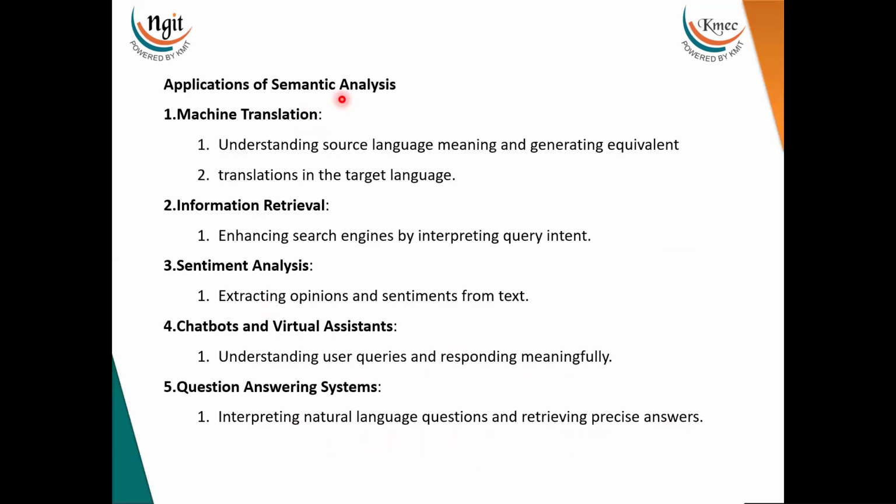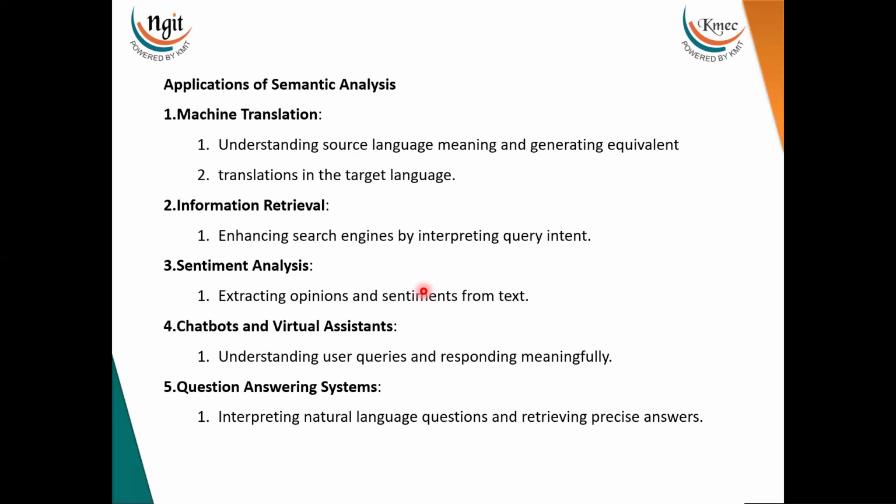Then applications of semantic analysis. First one is machine translation, understanding source language meaning and generating equivalent translations in the target language. Second is information retrieval, enhancing search engines by interpreting query intent. Third is sentiment analysis, extracting opinions and sentiments from the text. And this is quite important since it is mostly used by businesses to consider some decisions